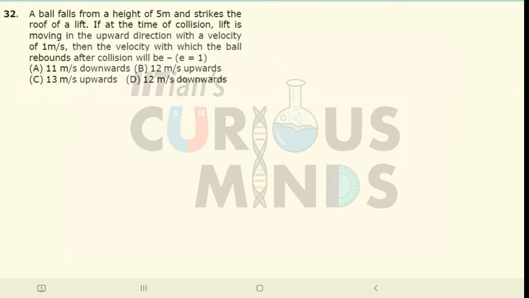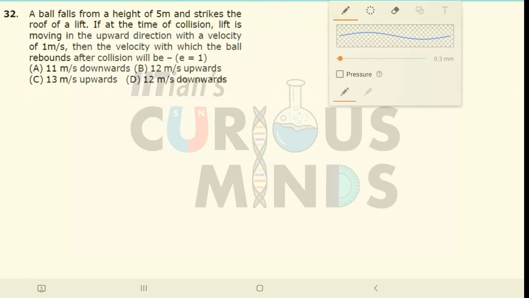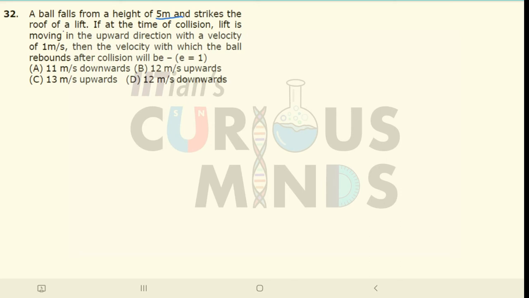A ball falls from a height of 5 meters and strikes the roof of a lift. If at the time of the collision the lift is moving up with a velocity of 1 meter per second, then what is the velocity with which the ball rebounds after collision? Now first of all, assume that there is a ball of mass m1 and a lift of